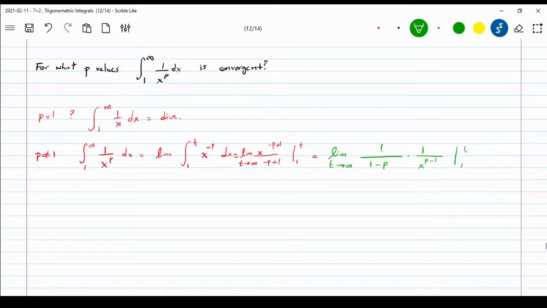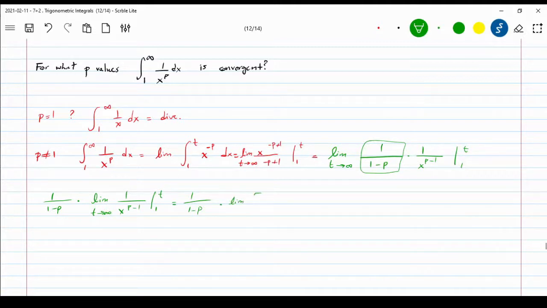Evaluate this from 1 to t. This first part, since p is not 1, this is just a constant. So I can say this is the same as 1 over 1 minus p times the limit of 1 over x to the power p minus 1, as t approaches infinity, evaluated from 1 to t. And that is 1 over 1 minus p times